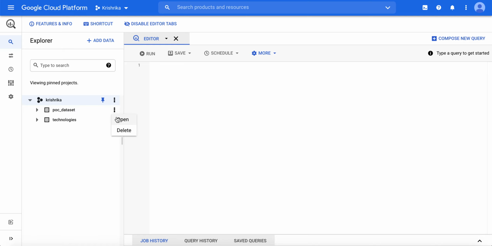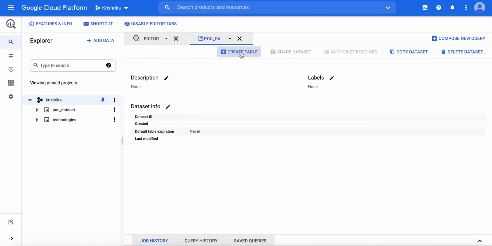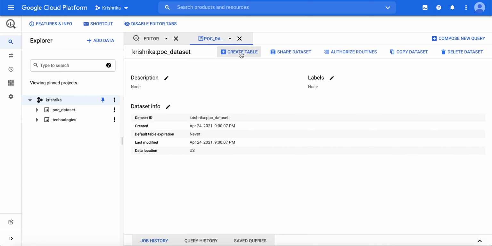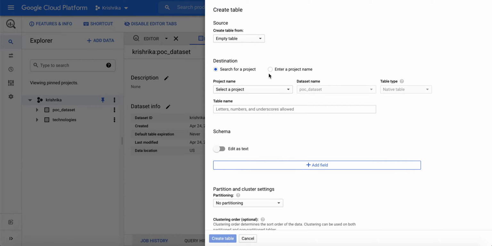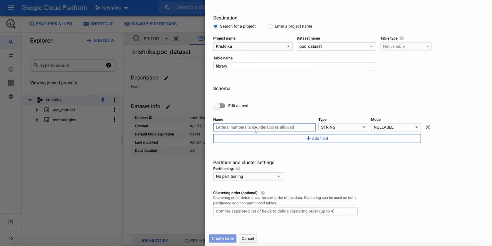So let's create a table which will have this record and repeated field. For that, inside my dataset I will create a table. We will take one different example, which will be a library table which contains one to many mapping of a person who holds one book or two books or three books, and what are the details of the person who is holding the book in the library. So let's create a table inside the same project and dataset. We will call it the library table.